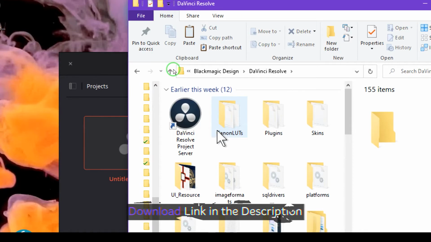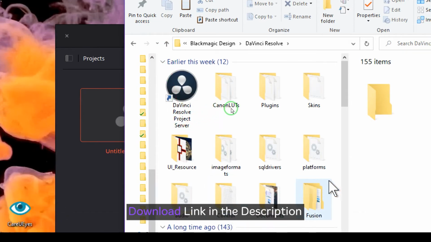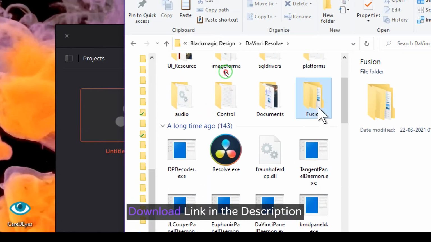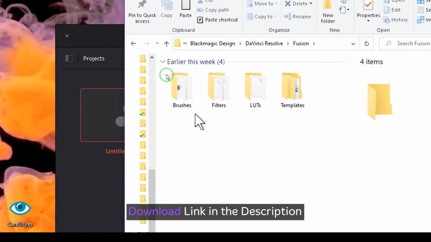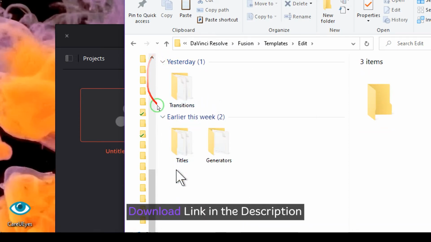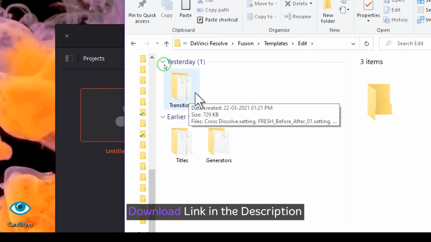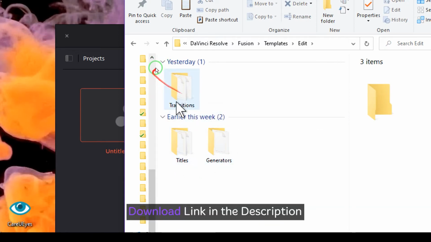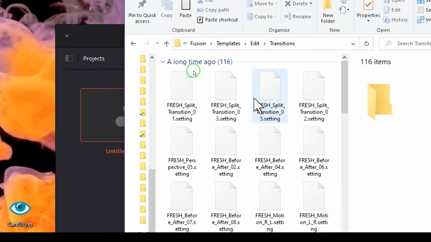Open this one as well, and then you will see the Fusion folder. Open this, and inside it you will see Templates. Open these templates, and this is the Edit folder. Open this Edit folder, and inside it you will see transitions, titles, and generators. Just open the transitions and copy all of these transitions over here.